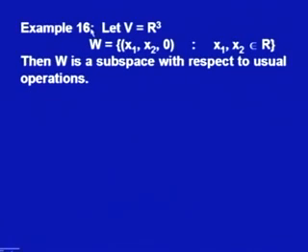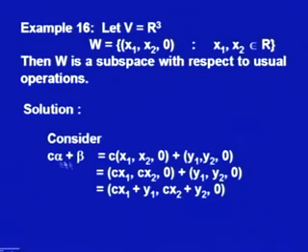Now, I will explain the definition with the help of an example. So, the example is taken from R cube. If we consider V is equal to R cube and W is the set of all triplets x1, x2, x3 where x1 and x2 belong to R, but the third component is 0, then W is a subspace with respect to the usual operations. We know that R cube is a vector space with respect to usual addition and scalar multiplication. We have to establish that W is also a subspace in this. So, to prove this,